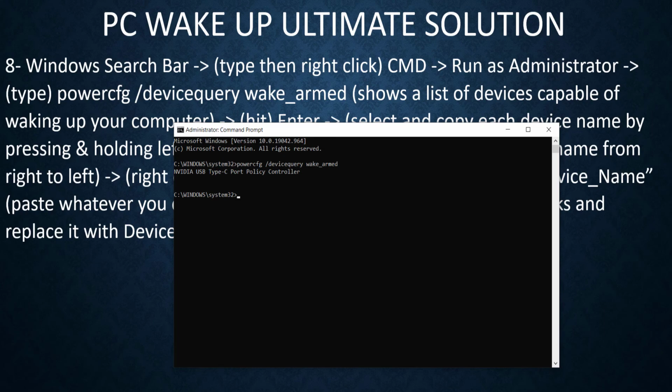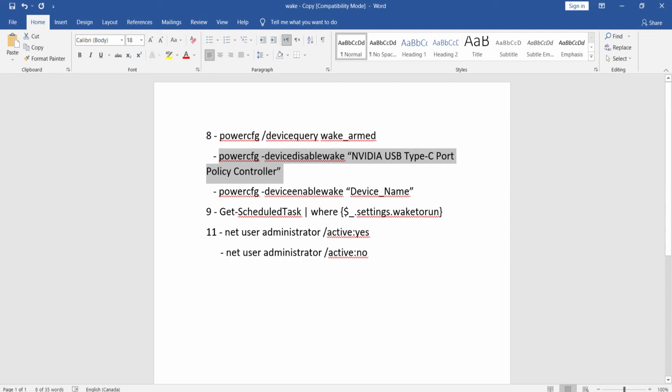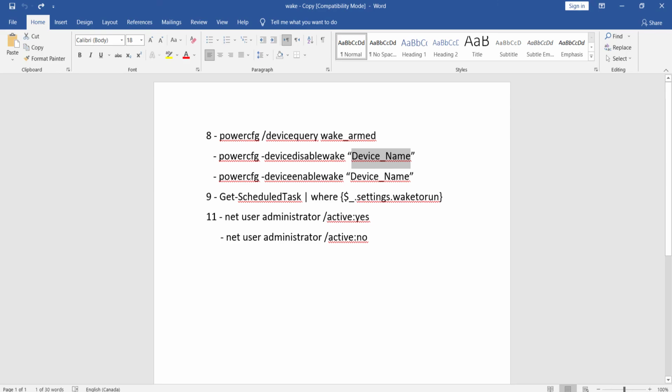So for any reason, if you just want to enable this functionality, all you have to do is to go back. Okay, here's the file that you have. So let me just Control Z and then Control Z. So the command underneath, I'm talking about this one, powercfg deviceenablewake, and then device name. So this will enable it, if let's say by chance or by mistake you disable the device from waking your computer and you want to just revert it, all you have to do is to find the name of the device and put it here in the command. Okay,